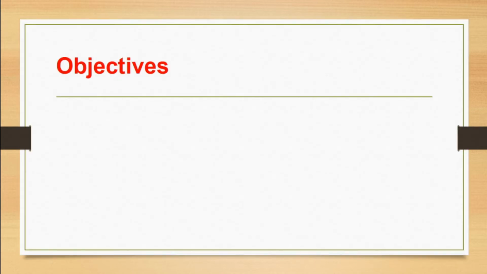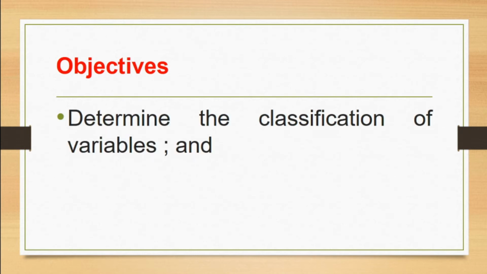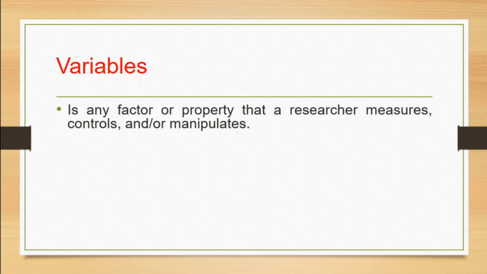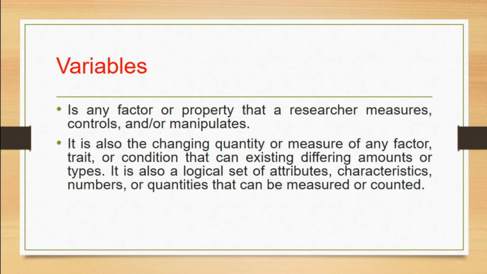Now let's talk about the objective of the topic. First, we will determine the classification of the variables, and we will differentiate the classification of the variables. Variables: it is any factor or property that a researcher measures, controls, and/or manipulates. It is also the changing quantity or measure of any factor, traits, or conditions that can exist